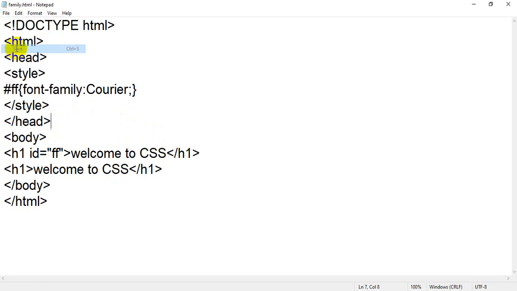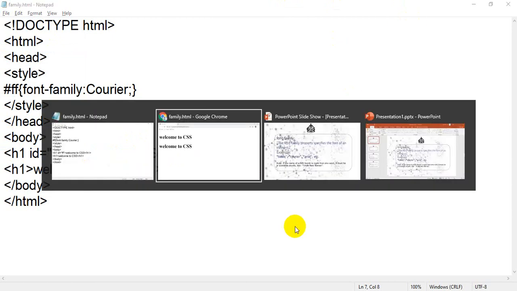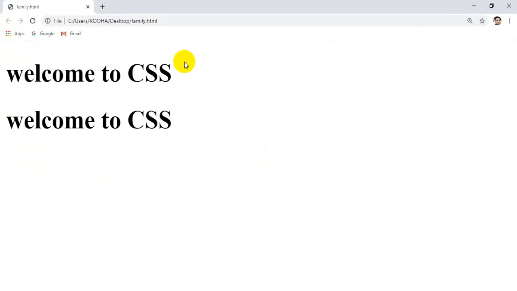I will just save it. Both are looking the same because we ran this program earlier and we had not applied our CSS. But now I have applied the CSS, and when I refresh you will see the change in this particular text, because this is the first heading in which I have added my CSS. That is, I have changed the font family of this particular text.